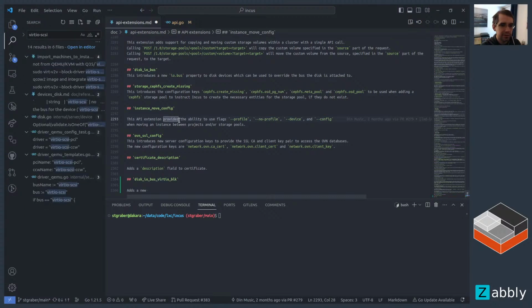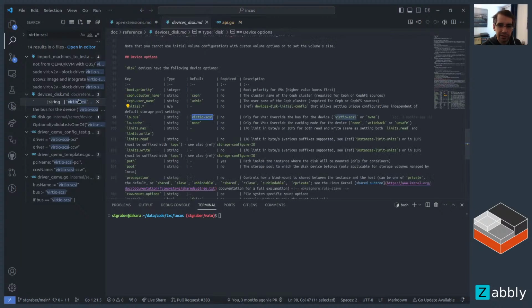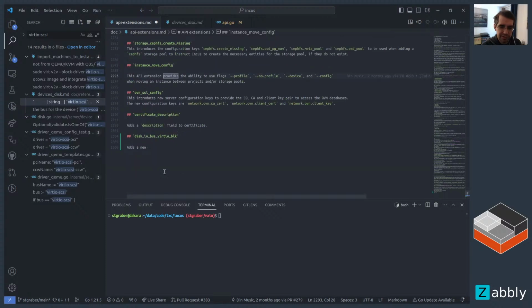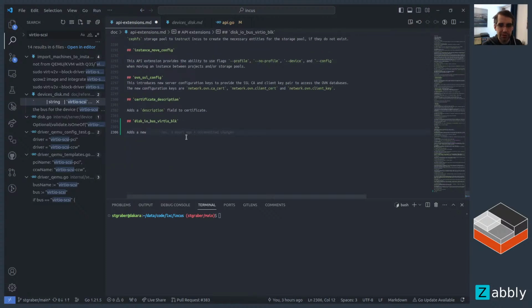So let's look. Virtio. Okay, there we go. That's the documentation file. And we can see that the current values are NVME or virtio-scsi. So that answers my question, which means for virtio-blk, we should call it virtio-blk. So add the new virtio-blk value for io.bus on disk devices,